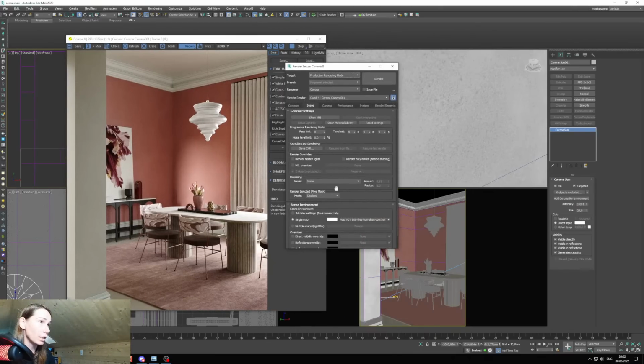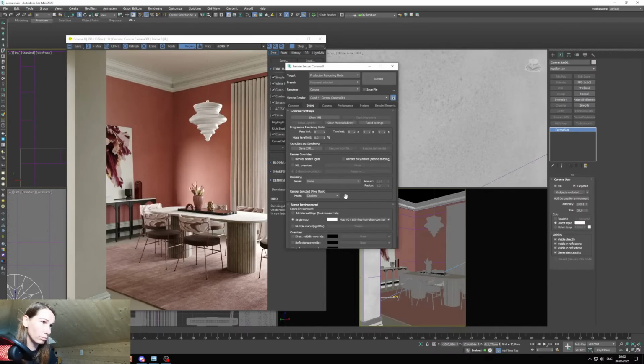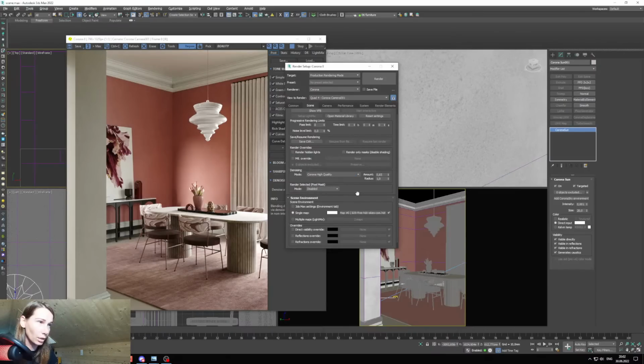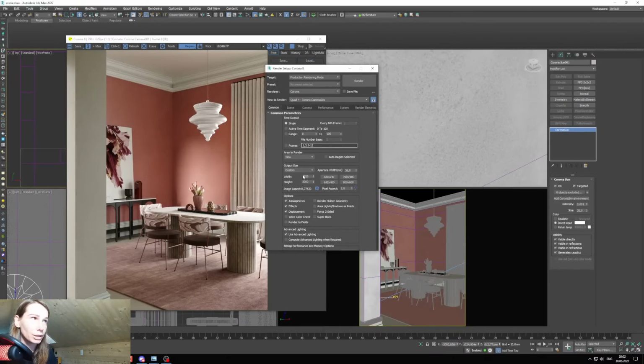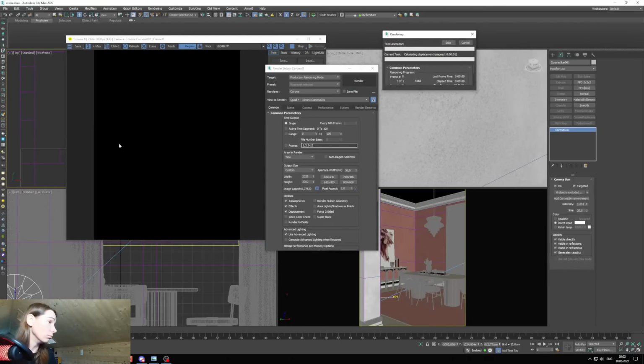For the final render, I need just, what do I need? I need the size, well, 2000, well, I can put 3000 here, and probably I will add some denoiser in here. That's it. That's all I need for the final render. And just click on render, and we will see the result in a few minutes, after I reply to